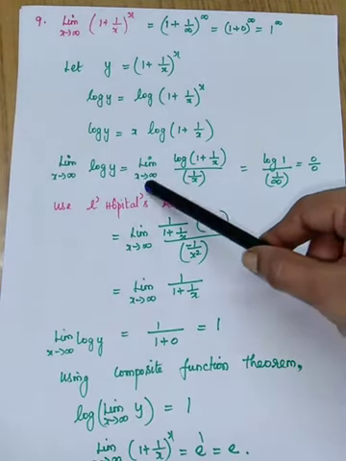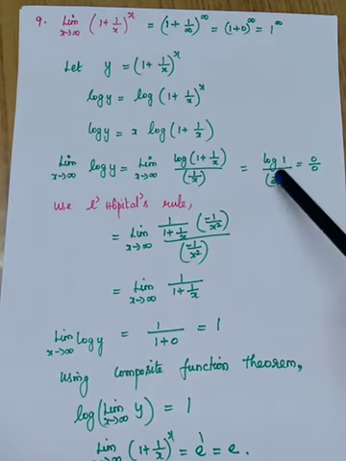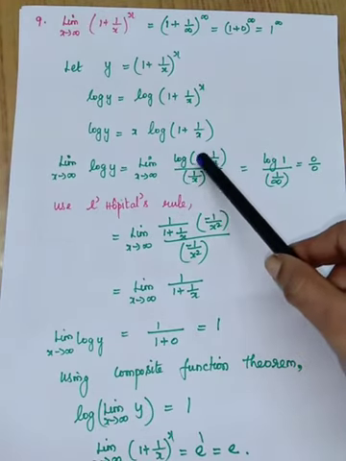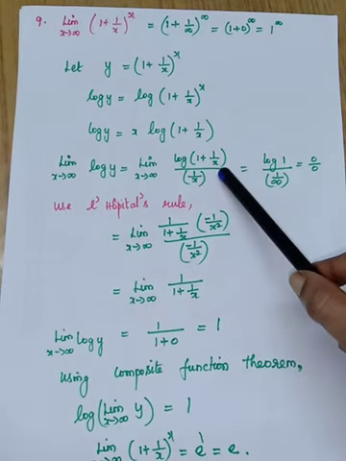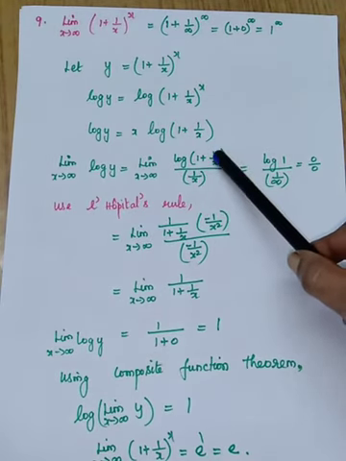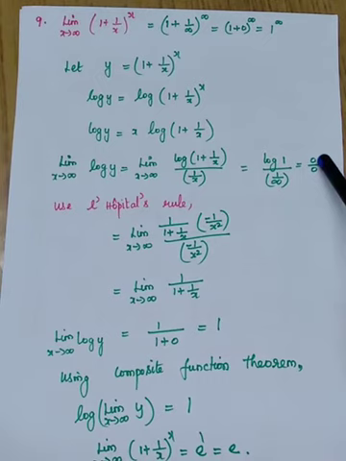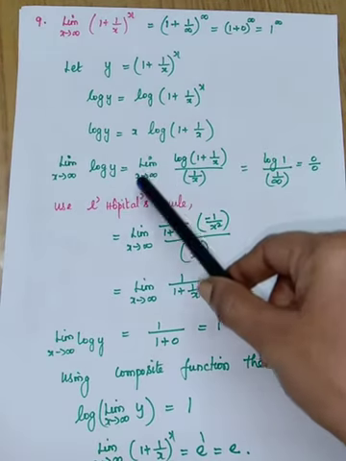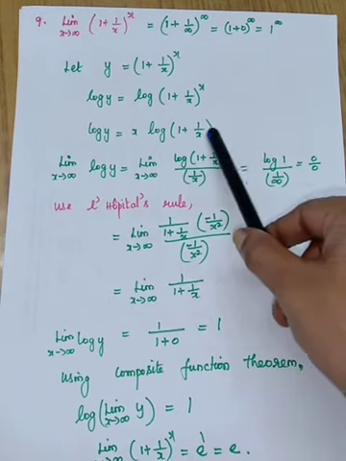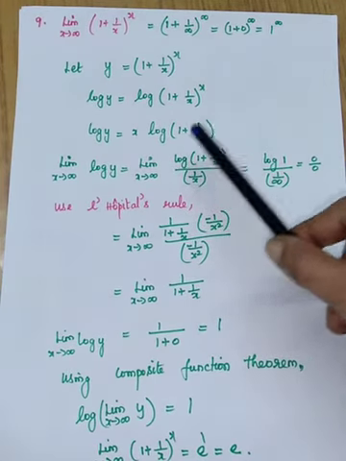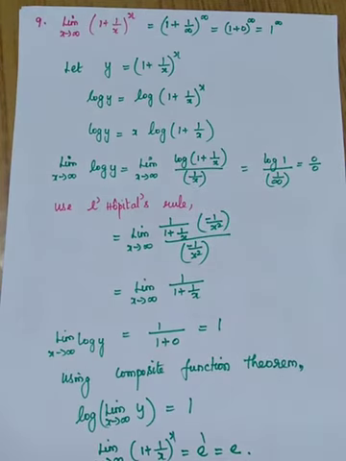Now this is in the form of f of x by g of x. Now apply the limit x tends to infinity. So it will be log of 1 plus 1 by infinity. 1 by infinity is 0. So here you will have log 1 divided by 1 by infinity. So log 1 is 0, divided by 1 by infinity, also 0. So you are getting an indeterminate form. You can apply L'Hopital's rule. So limit x tends to infinity, you are going to differentiate the numerator, log of 1 plus 1 by x.